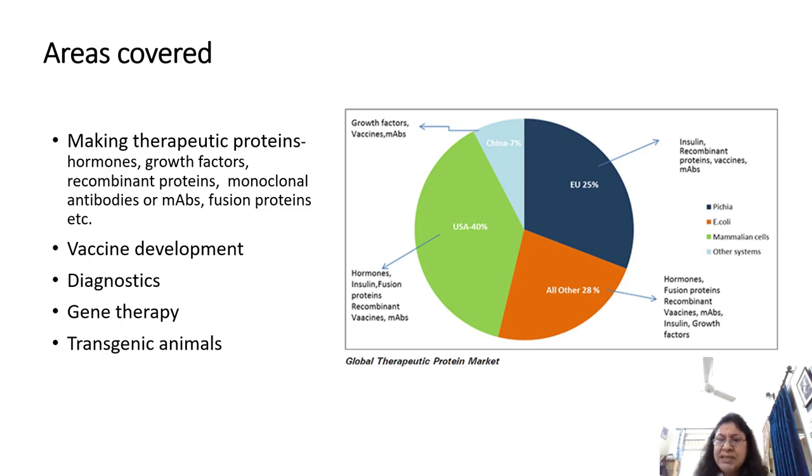Okay, so that means that there is a lot of thrust on using microbial systems, particularly E. coli as well as Pichia pastoris, not Saccharomyces, which is the common baker's yeast, for production of the recombinant therapeutics. So that is the reason why we say that it is always better to use very small microbes like a bacterium or Pichia pastoris.